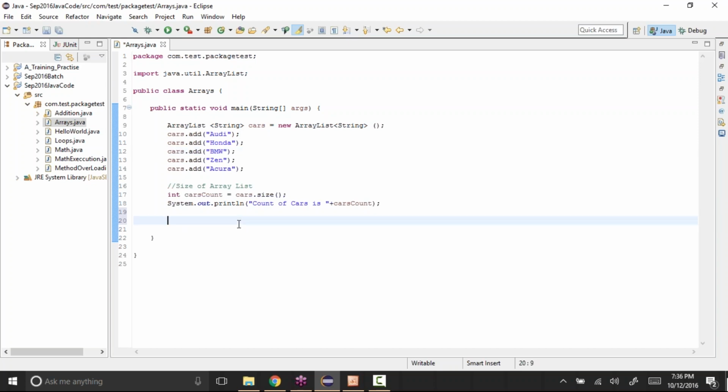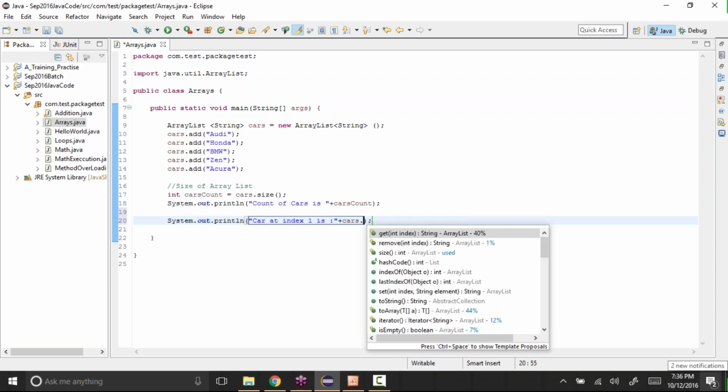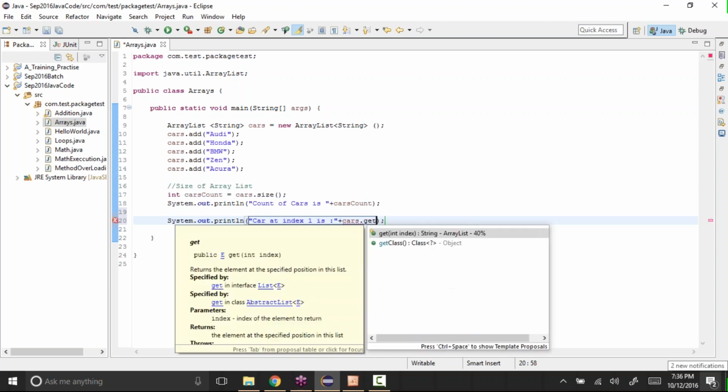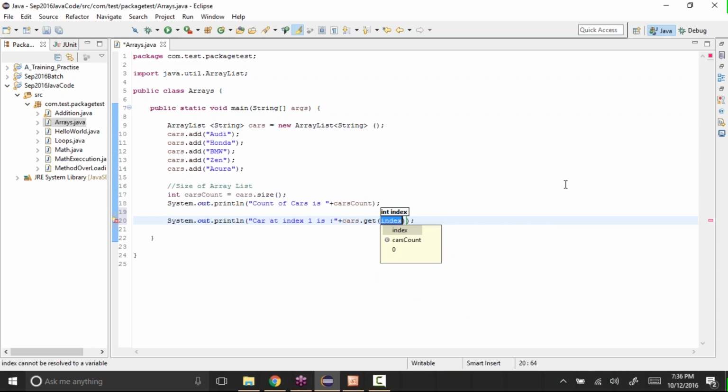How to do that is System.out.println, in case I want to print it. "Car at index 1 is", plus cars, the list object, dot get, and you have to provide the index.